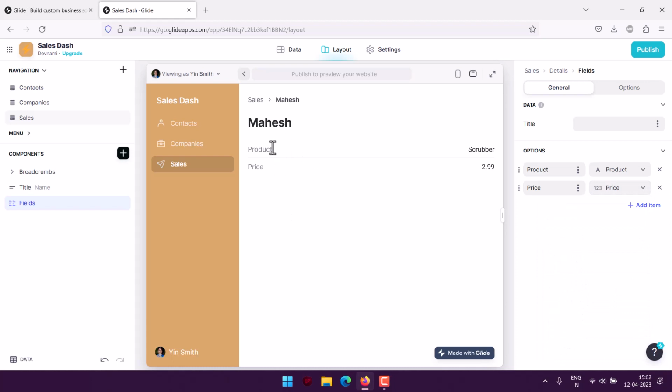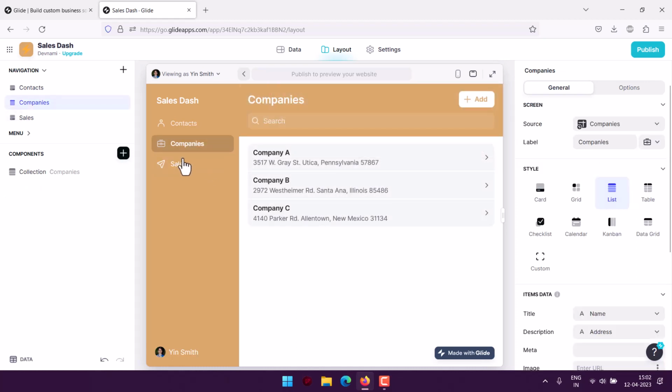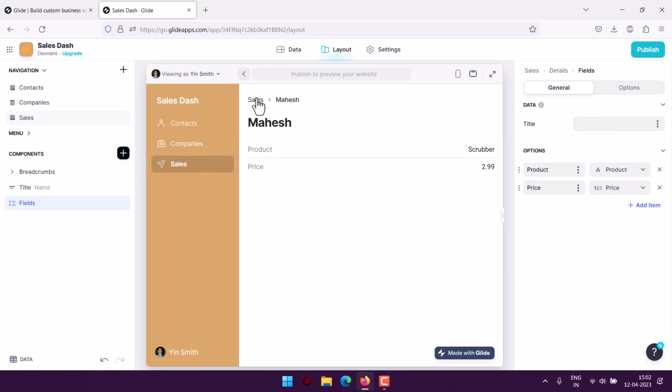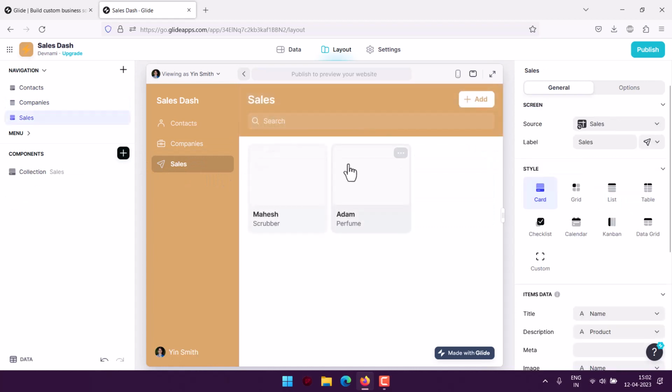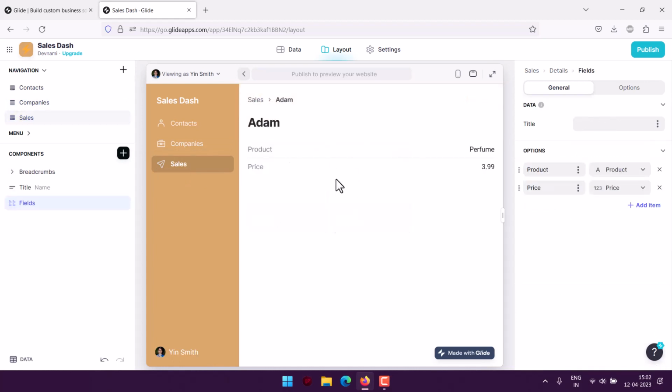So the products the person sold will be visible. So we go back again here, and when we come back and check, let's see if it applies to another user as well. So we managed to create our app out of this table in Glide,